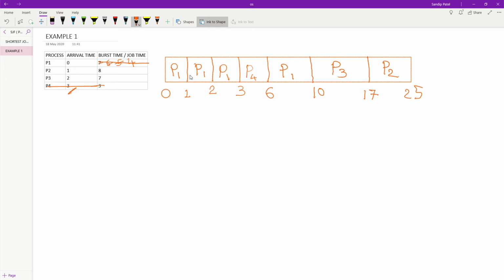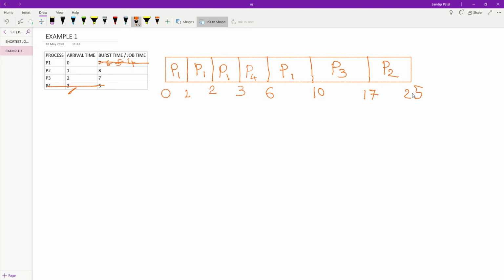So how have we drawn the Gantt chart? At 0 milliseconds, whatever processes are available in the ready queue, we compare those processes using the SJF algorithm. At every instance of 1 millisecond, we come again and check whether any processes are there, and we compare the burst time of that process with the currently running process. For the currently running process, we keep track of its completed burst cycle. The remaining time we write here, and this way the Gantt chart is drawn.